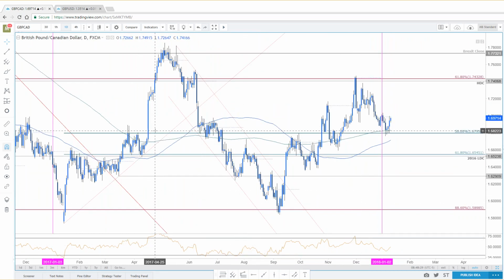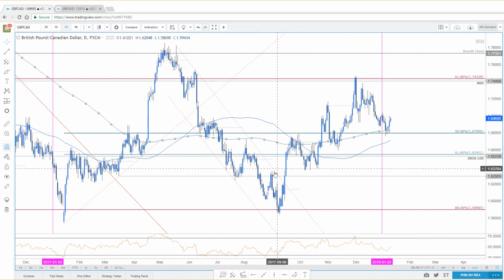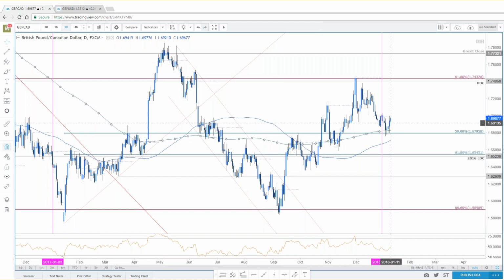Again, the 50% retracement encompasses all of 2017 trade. So a 50% retrace of the yearly range and the 200-day moving average is a nice spot for this thing to find a little bit of a support bounce here. Now testing monthly open resistance. That's exactly where this thing kind of capped out and is holding resistance now.